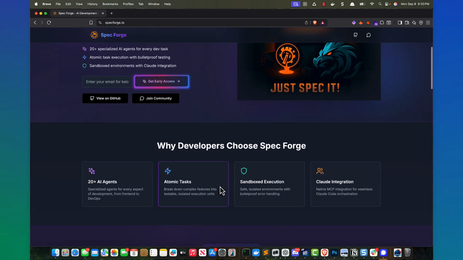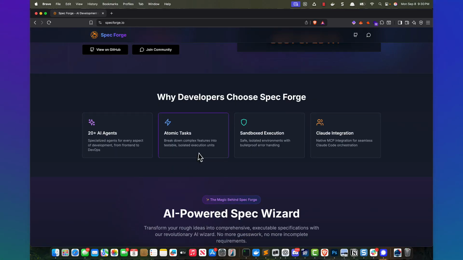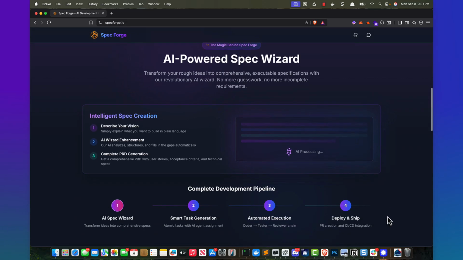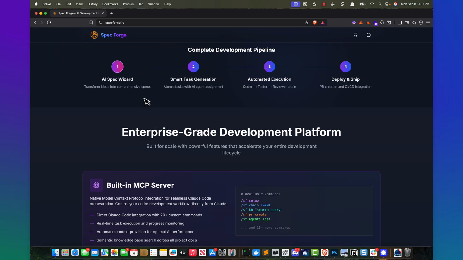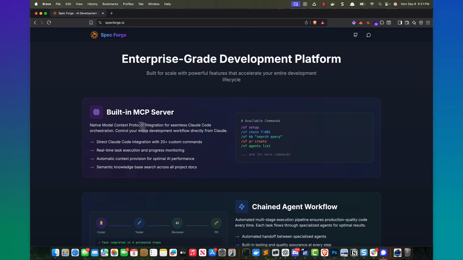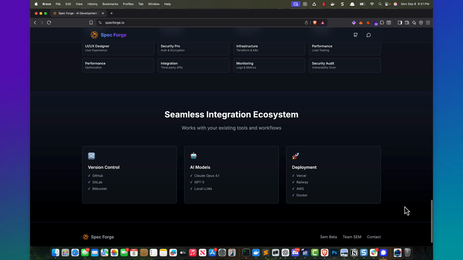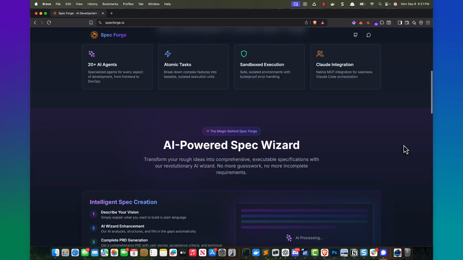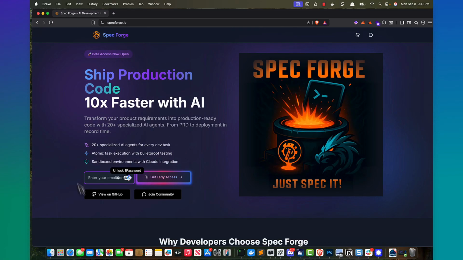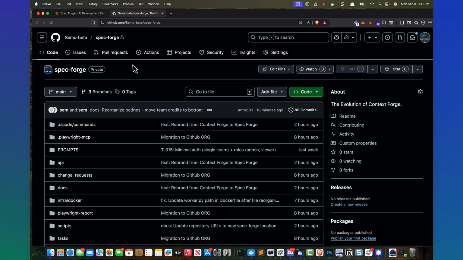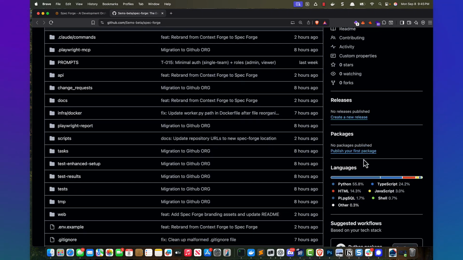I'm glad you're here. This is my Spec Forge project. It is a culmination of all my projects that I've been working on that are related to AI development and specifically Claude Code, from my hooks manager to Context Forge to my Claude Agents Manager. This brings all that together under one umbrella, hosted locally as a Docker service, and basically gives you a good way to control the entire